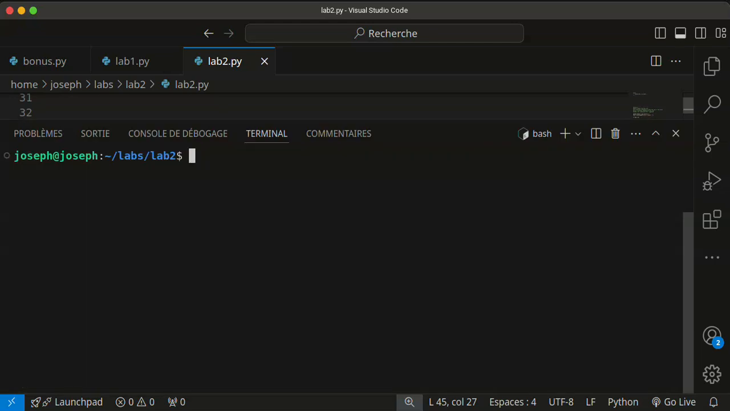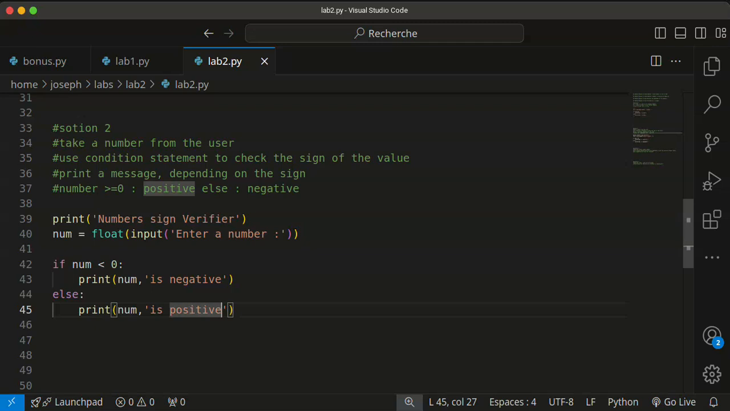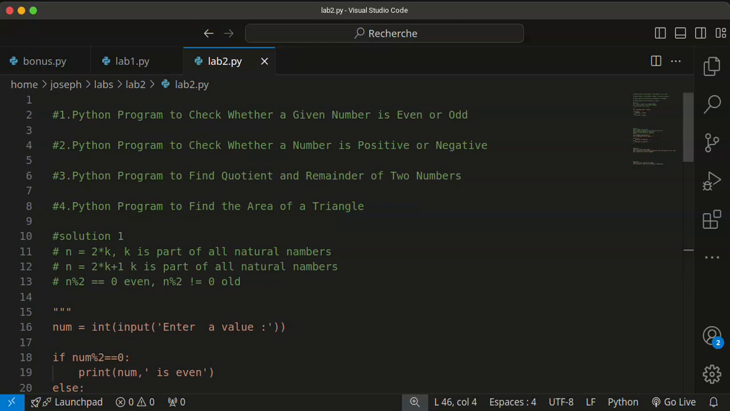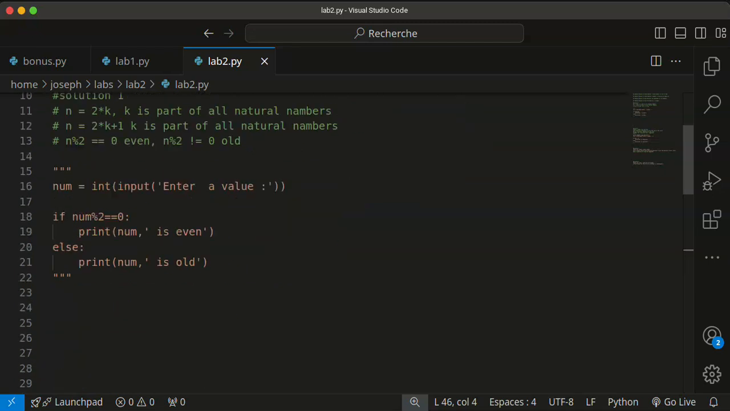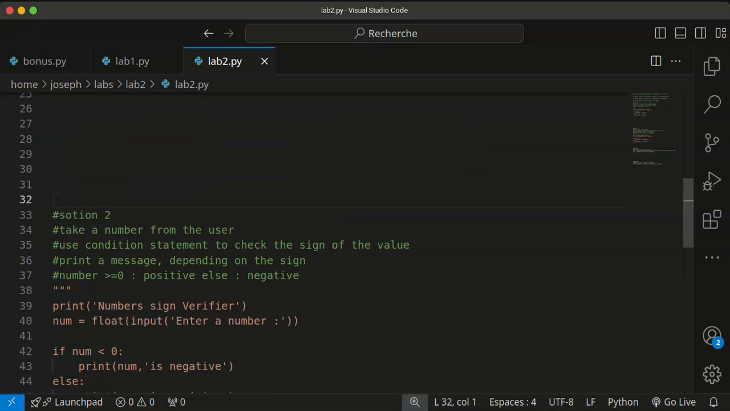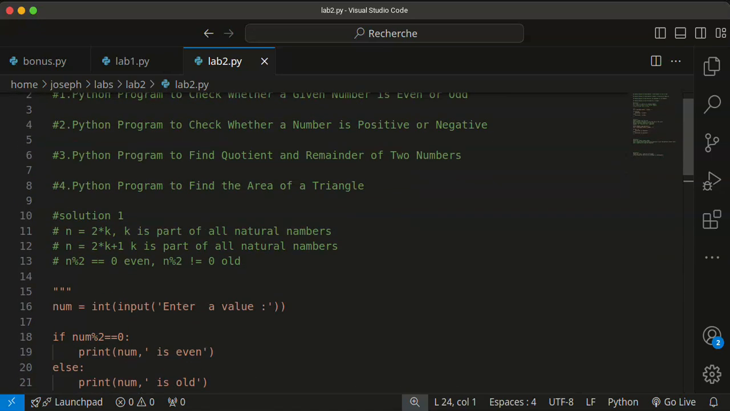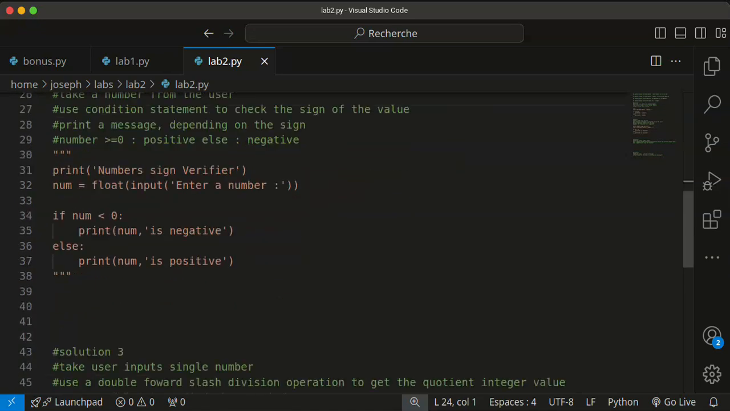Now let us move to the next question. The next question is to find the quotient. So to find the quotient, we can simply, okay, so